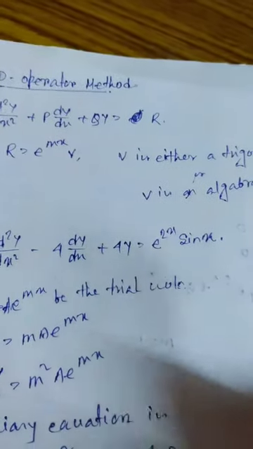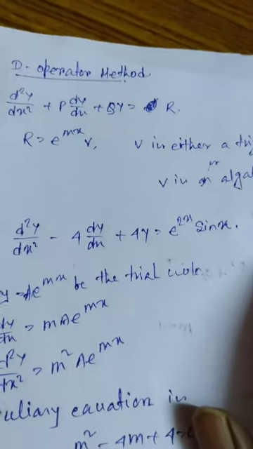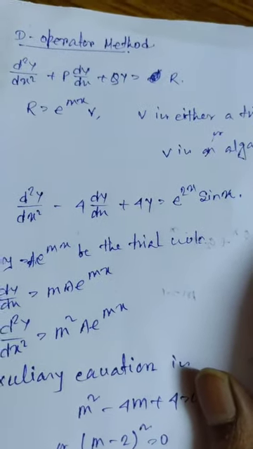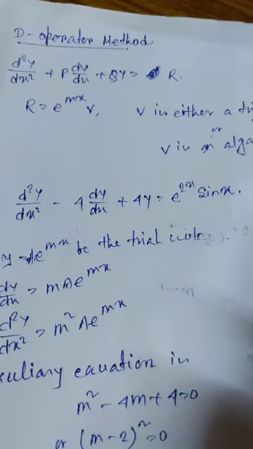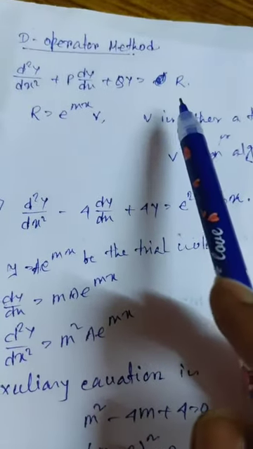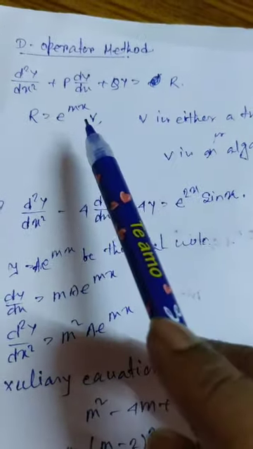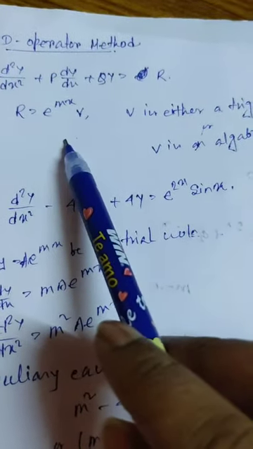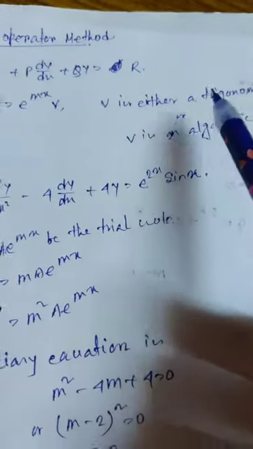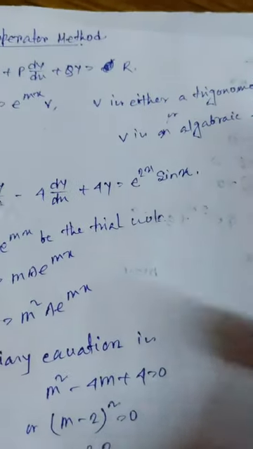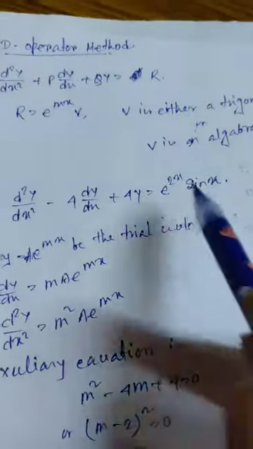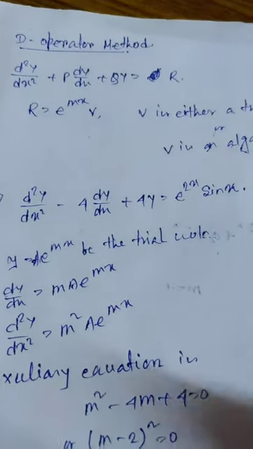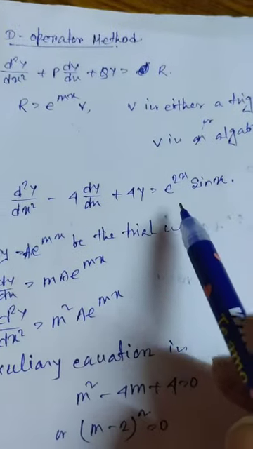So now let us discuss how we can solve the second order differential equation, or how we can find the particular integral when the right hand side is of the form e to the power mx into v, where m is a real number and v is either a trigonometric function or an algebraic function. So here we consider d2y/dx2 minus 4 dy/dx plus 4y is equal to e to the